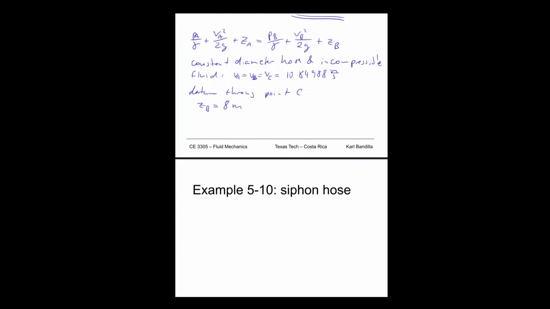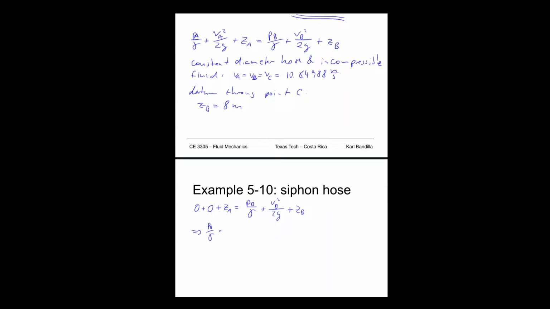So we can plug that back into our equation. We get 0 for the pressure at A, 0 for the velocity at A. We get our elevation at A. We get the pressure at B over gamma, that's what we're looking for. And then we get the velocity at B, which we figured out, divided by 2g. And of course we get ZB. All right, so let's solve this for PB